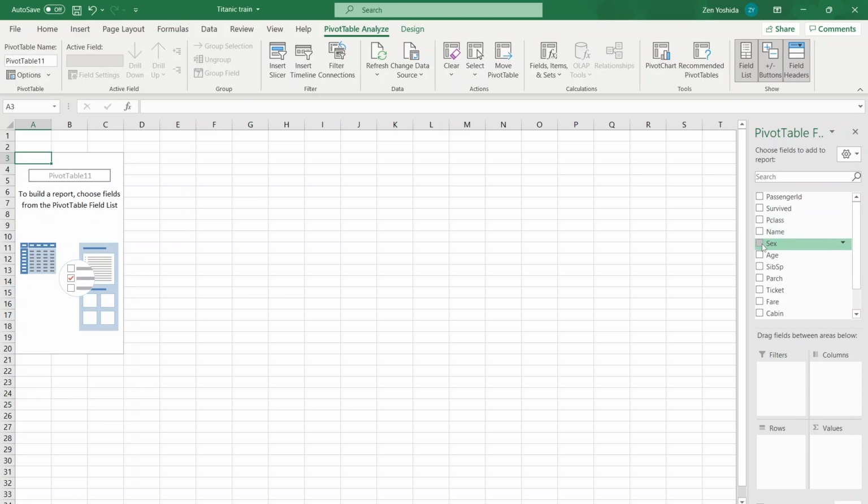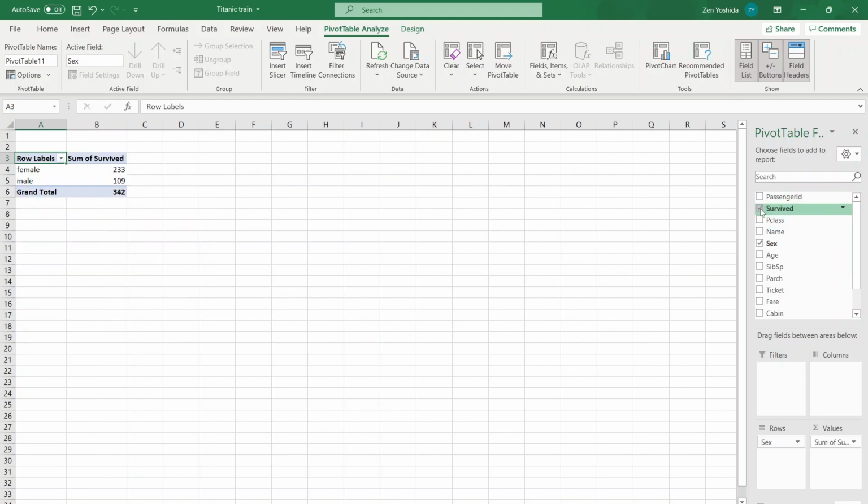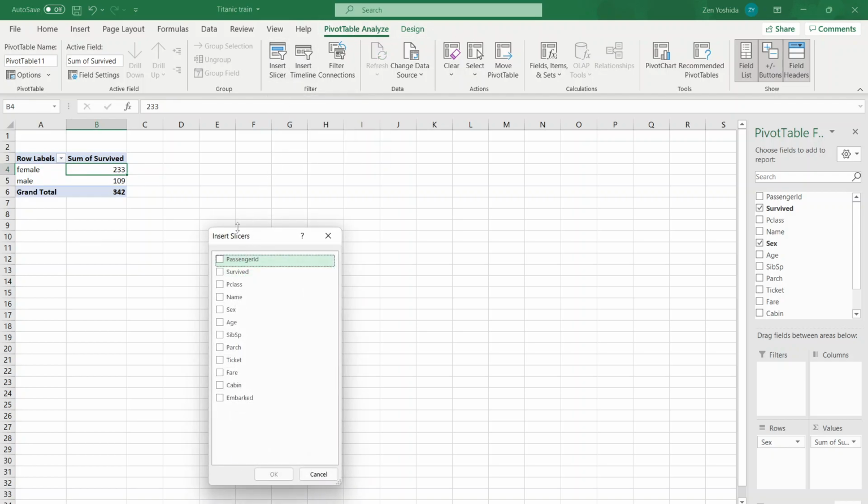Let's select sex and survive. So now we have the count of survive for each gender. Now once you select this, it should open up pivot table analyze, and you're going to click insert slicer. Now it's going to show us all the columns that we had, and we're going to use something useful like